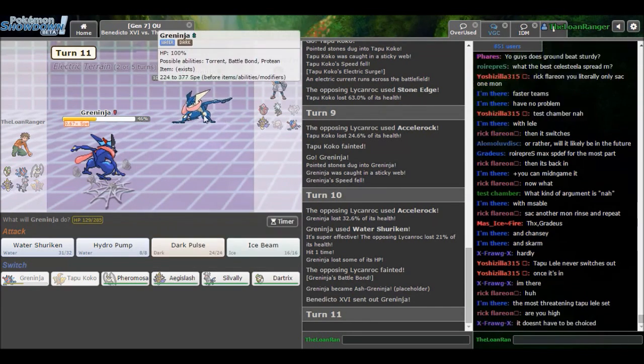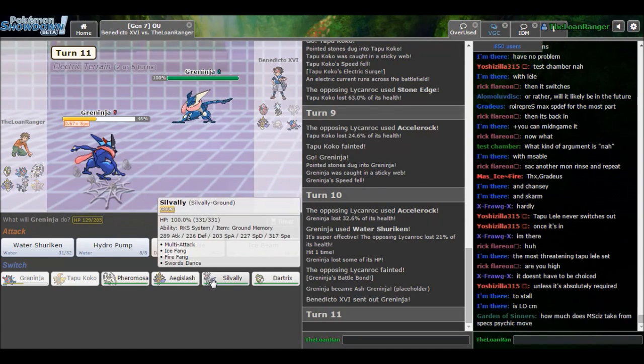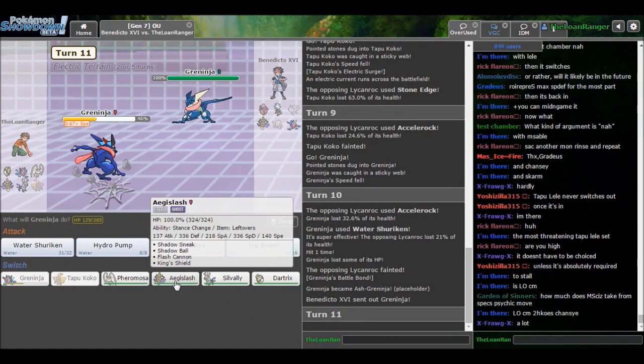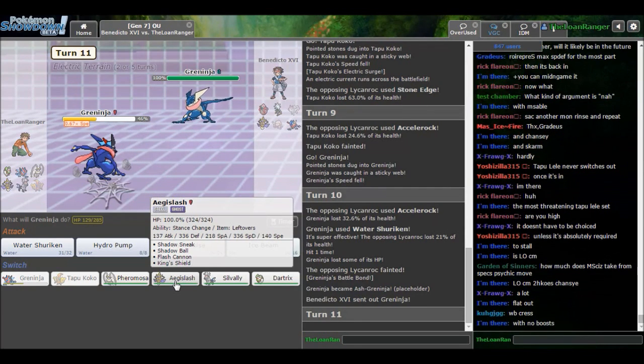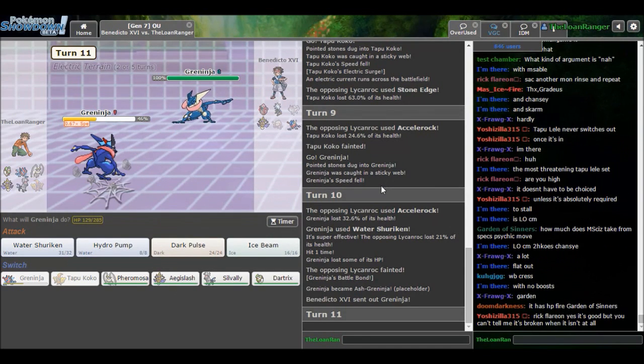let's see. I don't want him getting a Battle Bond if he does indeed have it. But there's not much I can really do about that. I can't go into Dartrix because I'll fall over to an Ice Beam. I could go into Aegislash and take a Dark Pulse, but if I take any prior damage, then I can't. I think,